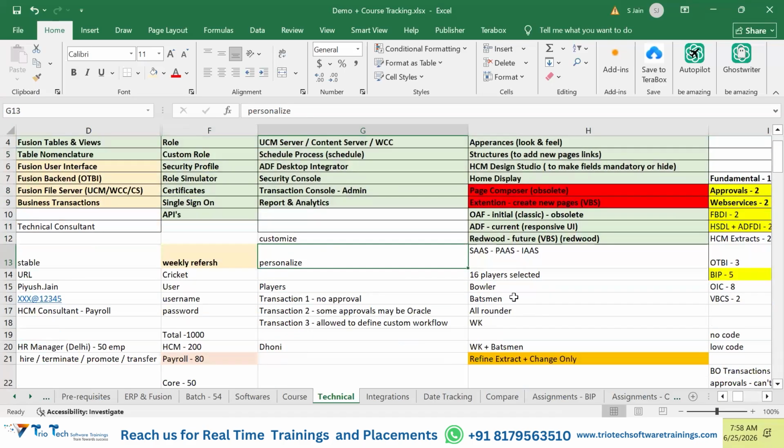Anybody here who's from the EBS background? Those of you who are from the EBS background and have HR responsibilities, you have one HR India responsibility and one HR US responsibility. Suppose you want to search for an employee and update something for an HR India employee. You will go to the HR India responsibility, enter the people maintain form, open it, search the employee, do the changes, and save the changes, right?